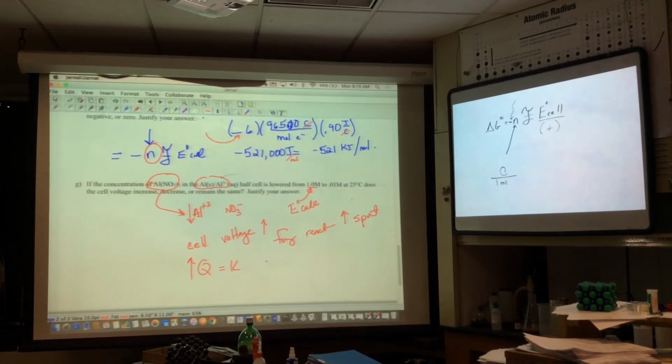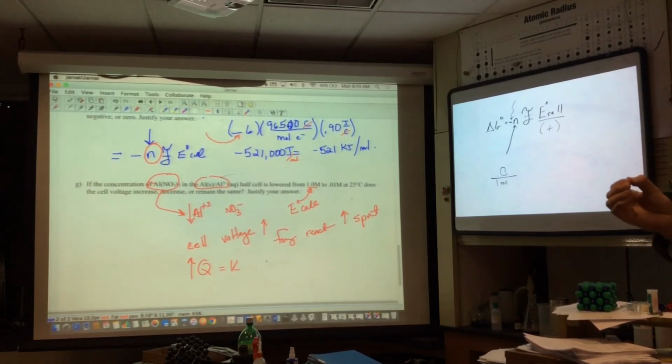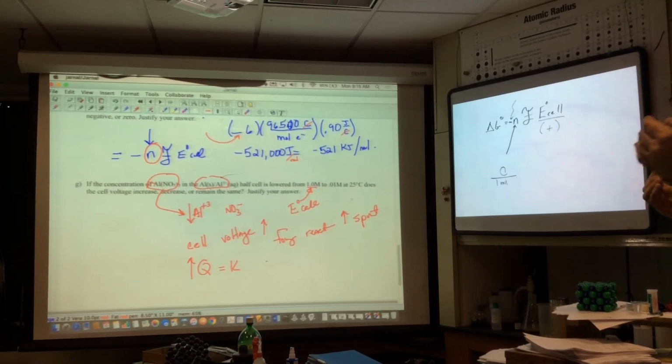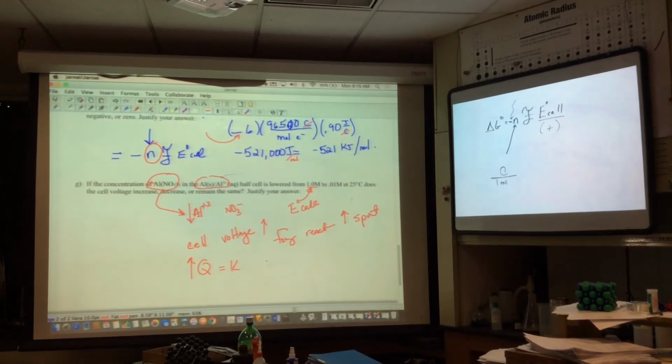Okay, and so I can say it so many different ways. But if you want to go Le Chatelier's principle, you can say by decreasing one of the products that was aqueous, remember you can't decrease the concentration of a solid, so by decreasing the aqueous product, the forward reaction became more spontaneous because it shifted to the right. Because you're making the forward reaction more spontaneous, the voltage increases. You could say by decreasing an aqueous product, you're making the Q value even smaller, and therefore the forward reaction